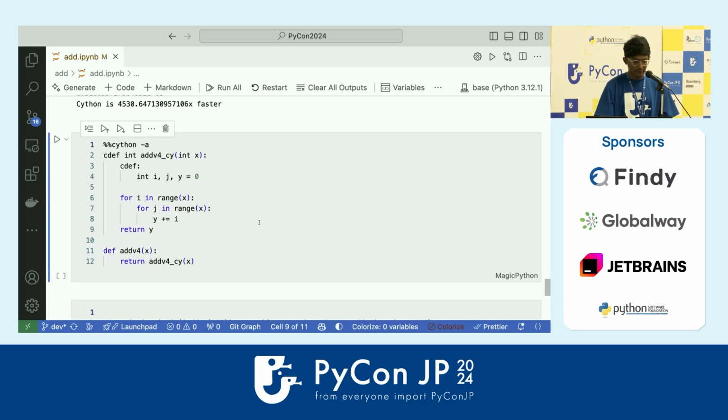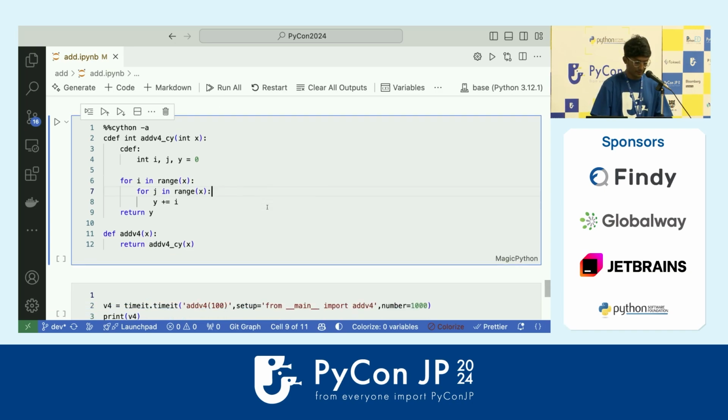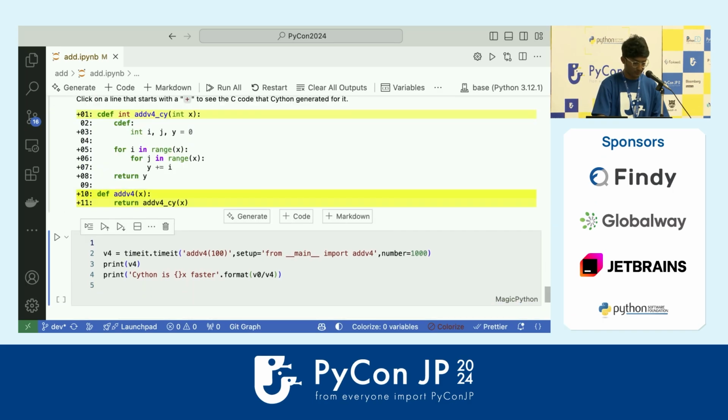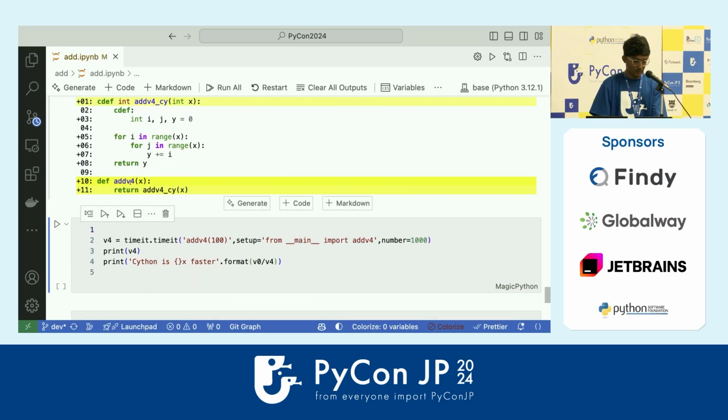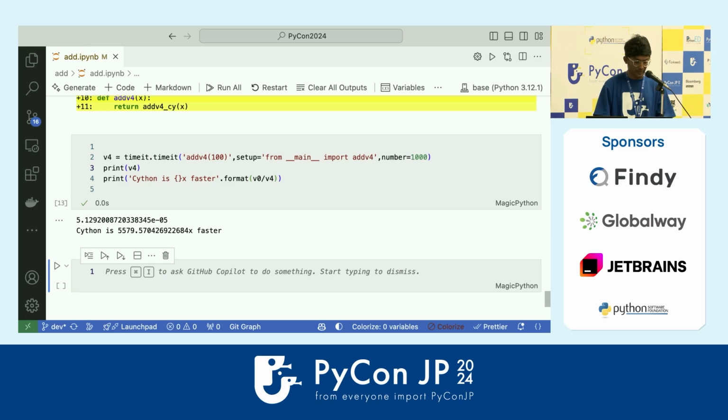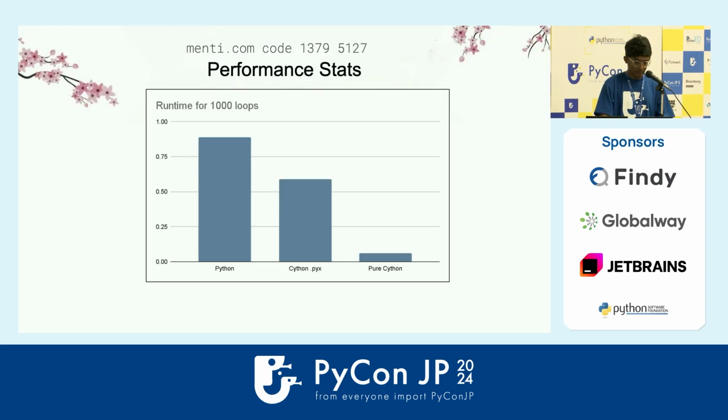And as I was mentioning about cdef, you can only call it from Cython code. You cannot call it inside Python code. So we usually wrap it inside Cython and then call it from Python. You can see over here, I've wrapped it and I'm calling it from Python code. Whenever I'm doing Python, it's a lot more yellow. And you can see now the speedups have kind of plateaued. This is some performance stats, and you can see pure Cython is pretty high.